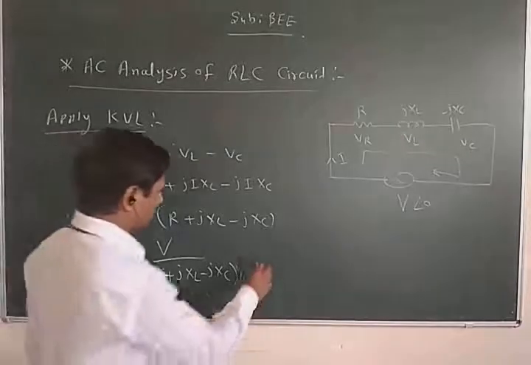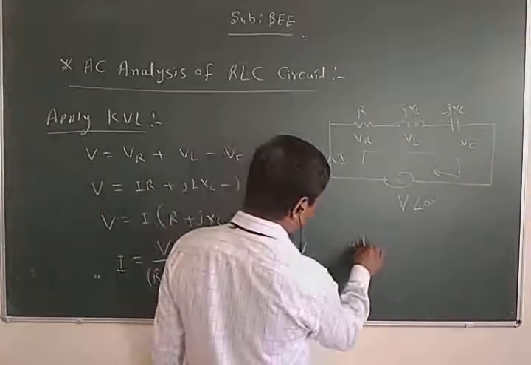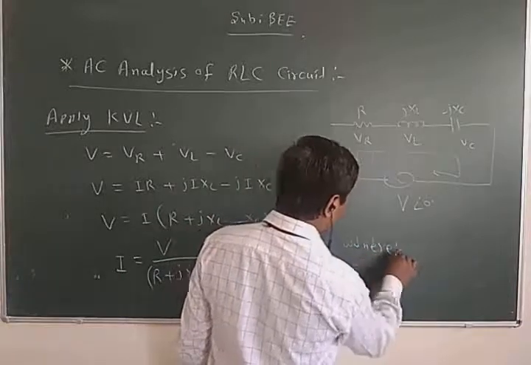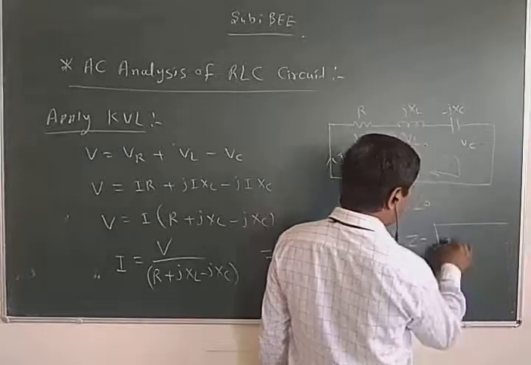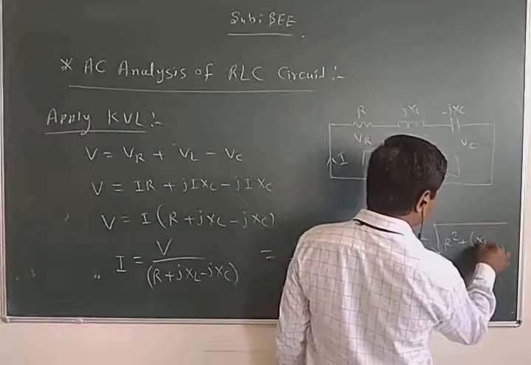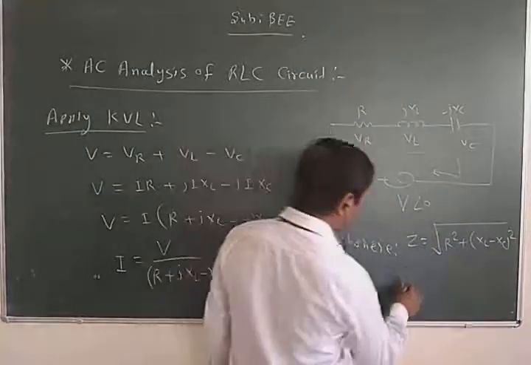We can write V upon Z, where Z is equal to the square root of R squared plus (XL minus XC) whole squared,